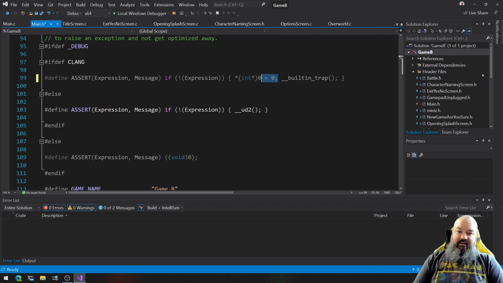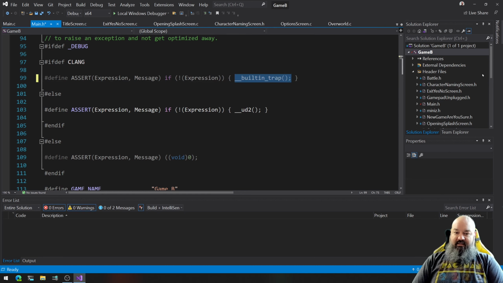This bit right here, which Clang was complaining about, was giving me warnings, not errors, but compiler warnings, telling me that this was not a valid thing for some reason or another. And because of that, I decided to say, you know what, that statement is kind of nonsense. So what I'm instead going to do is replace that with this built-in trap,